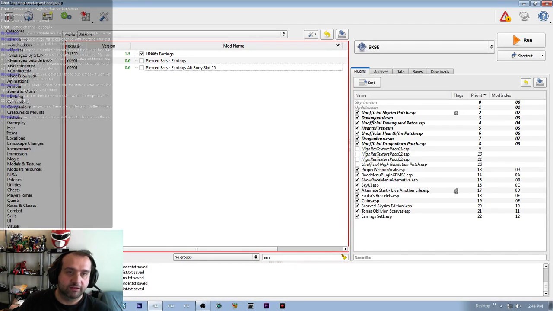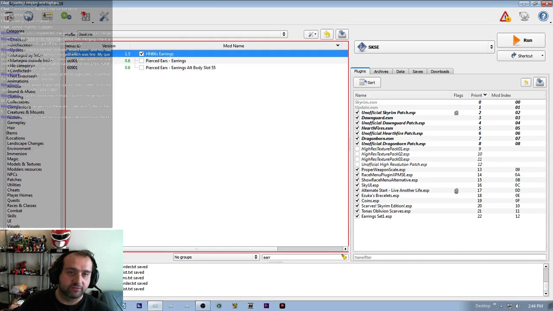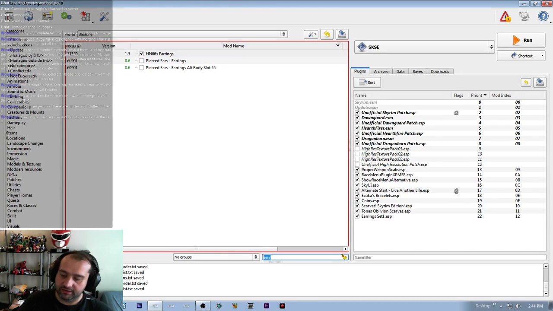We're going to do those again. This uses two versions, so we'll deal with that on a separate date when we figure out which one is the slot we want to use. But we'll just put in H69's earrings first, and like we did scarves, we did bracelets, we did